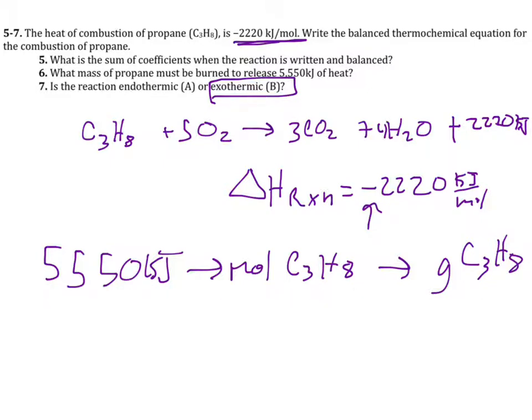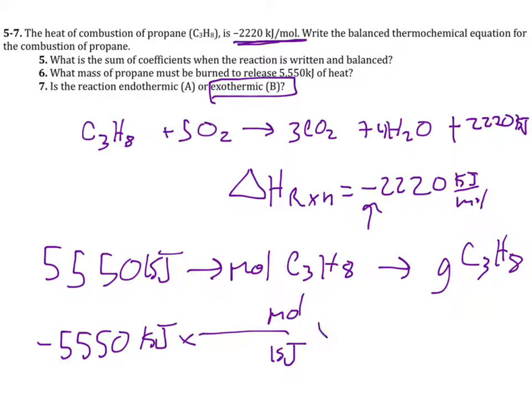Now, something that I want to point out is this is releasing 5,550, so it's a negative 5,550 kilojoules. And we're going to go from kilojoules to moles, and then from moles to grams. And again, this is moles of C3H8, grams of C3H8. And we know that 1 mole of this produces 2,220 kilojoules. And so notice how, because this is a negative and this is a negative here, the negatives